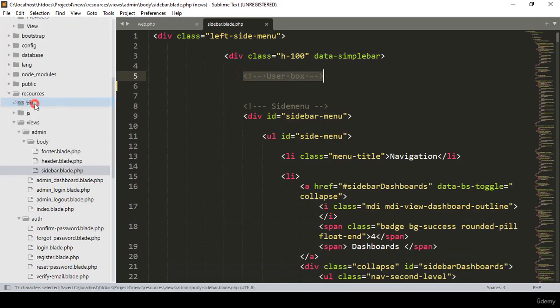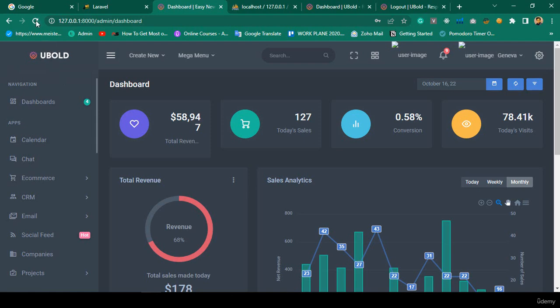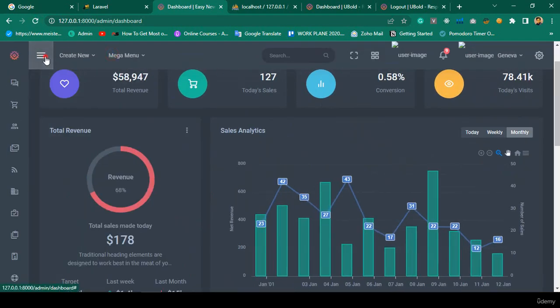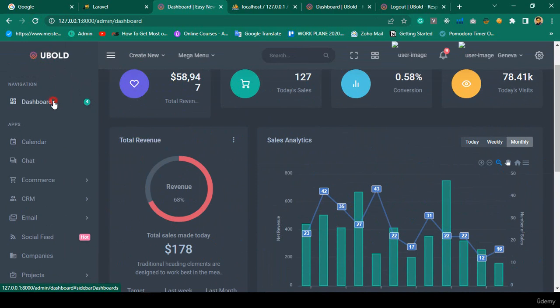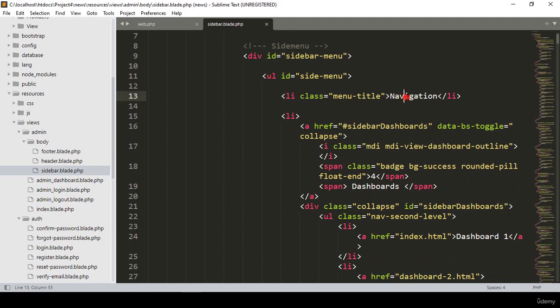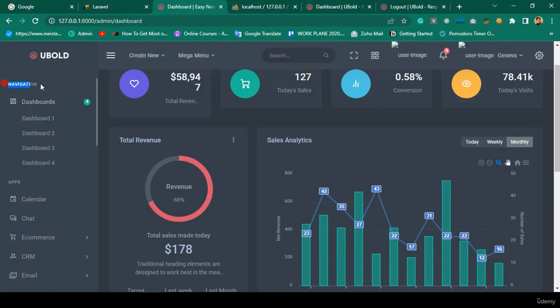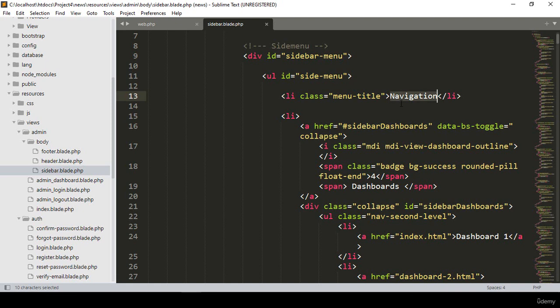I don't know where exactly that is visible. Now if you refresh it, you can see it's not there. And now that is our dashboard. Dashboard will be just one page. Now I want to do the navigation. Navigation means that is actually our navigation, which is fine. Okay, which is fine. And here I want to do